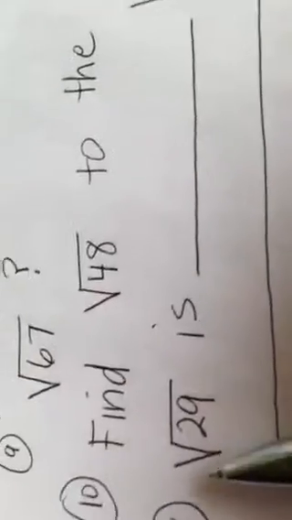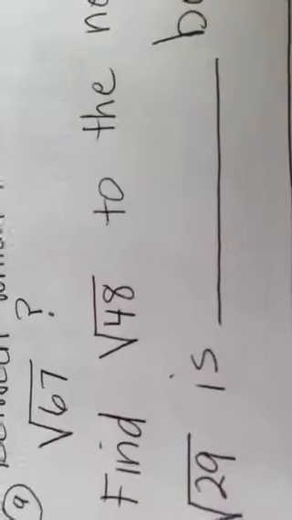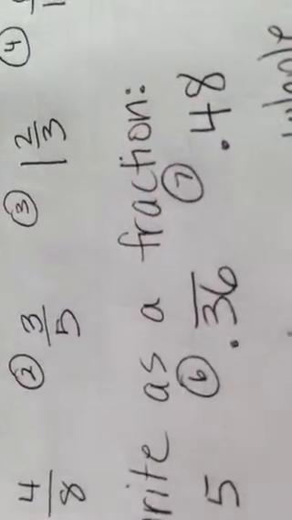All right, let's look at number 11. The square root of 29 is, there's one word that goes right here, and it is blank, because. The square root of 29 is blank because, pause it right there. The square root of 29 is irrational